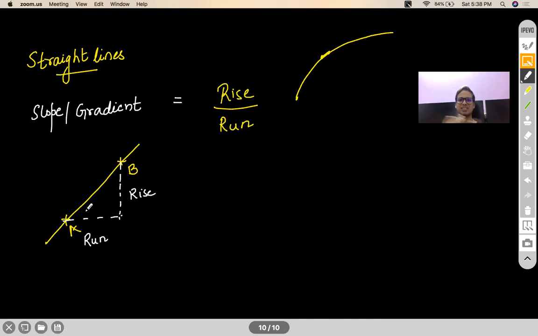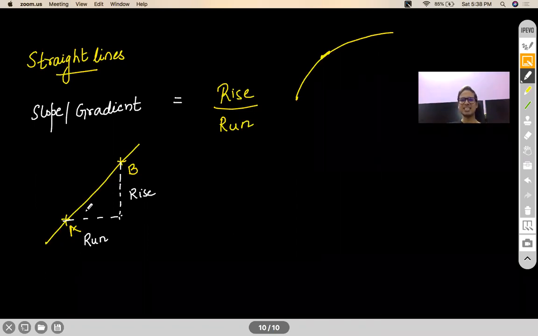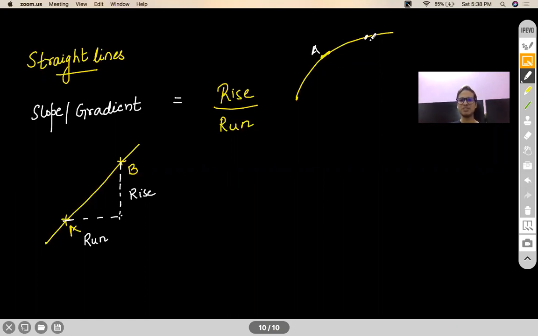So a line and a curve are different in this aspect: the line's gradient is not going to change with every point. It is going to be fixed. A curve's gradient is going to change with every point. So this point A will have a different gradient, this point B will have a different gradient, this point C will have a different gradient. Their gradient is defined as the slope of the tangent drawn at these points. In case of a line, if you draw a tangent at A or at B, they will have the same slope. They will not change. Okay, so when we talk about gradient, we just see what is the ratio of rise to run.